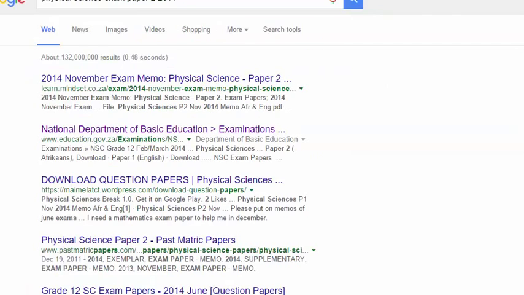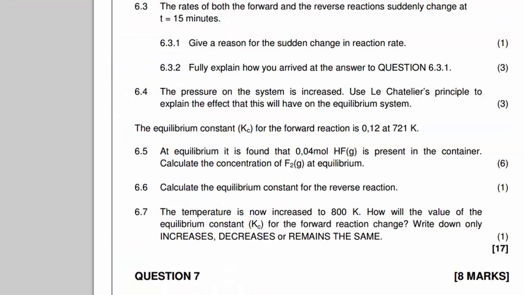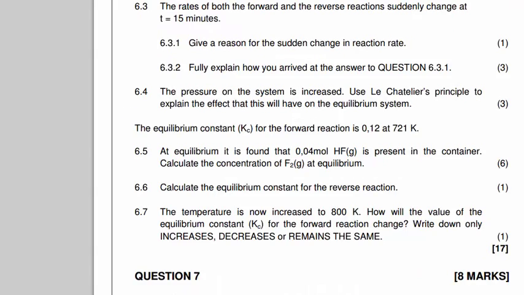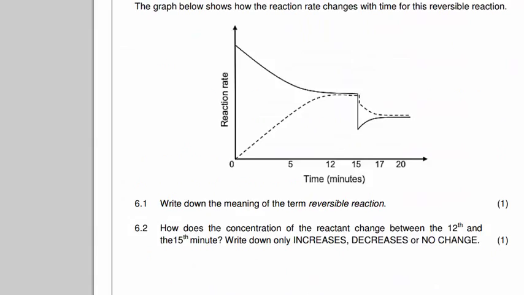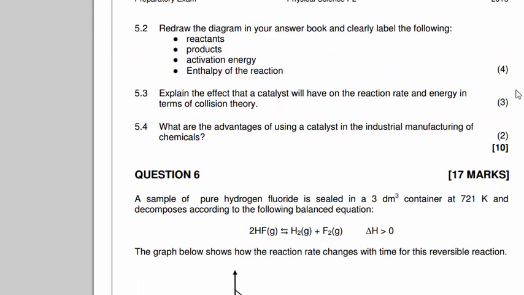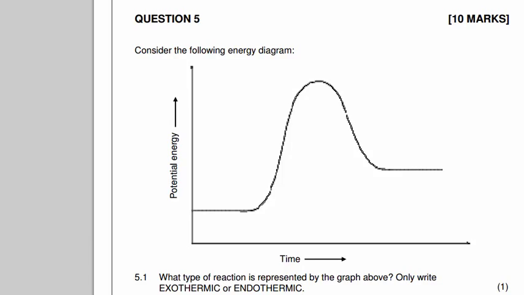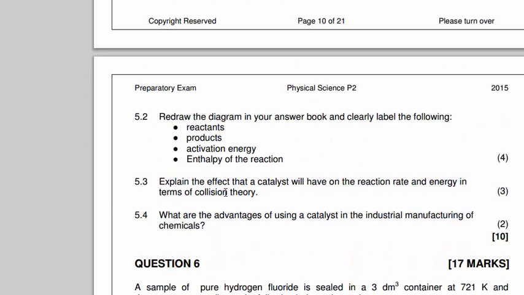So let's just quickly look at the last questions in this topic. I wanted to look at the last question here. We haven't looked at that yet. It was this question, and the last question here, which explain the effect that a catalyst will have on the reaction rate. What will it do? Increase or decrease or remain the same